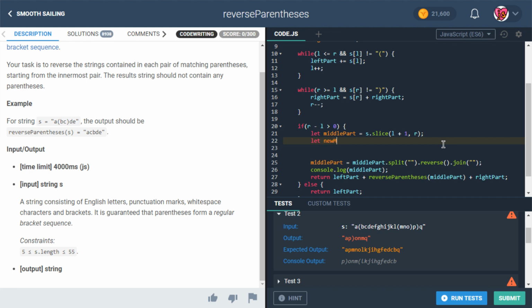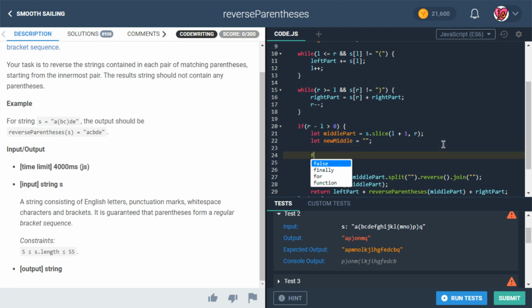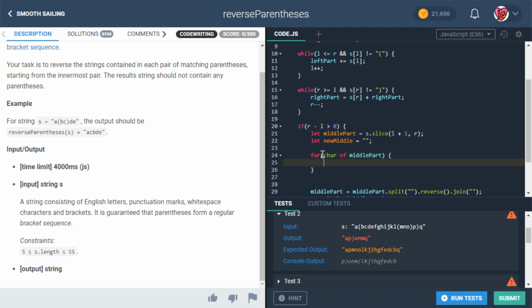We could say let new middle be assigned the value of an empty string, and then we'll do a loop. So we'll say for character of middle part, and let's just throw a little let on the character there to actually declare it properly and to limit its scope to this for loop. So for every character of middle part, basically what we're going to do is we'll say